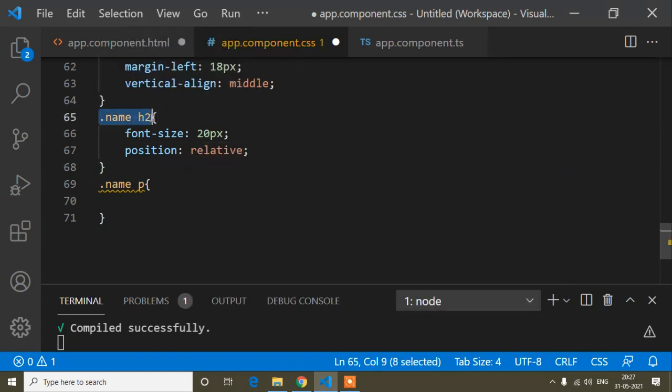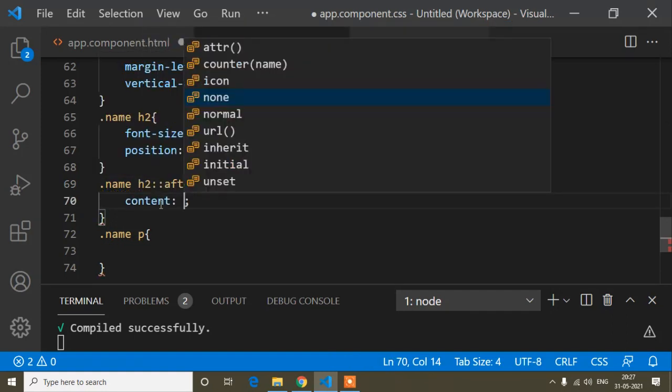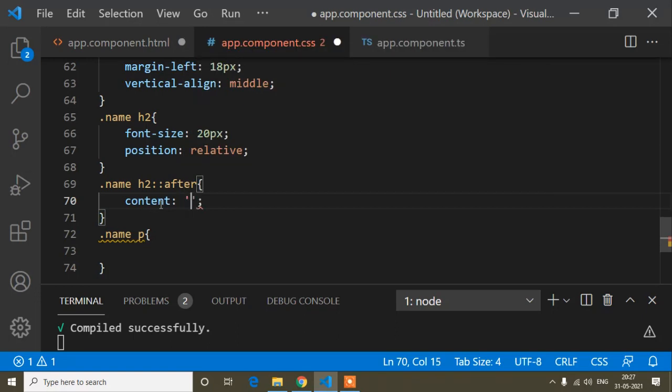I will copy this same thing, and here I will write after, because in this name there was an underline when I was showing the preview, so that's why you can write after or before tag. Now when we write after or before tag, that time we write content, and content is blank.